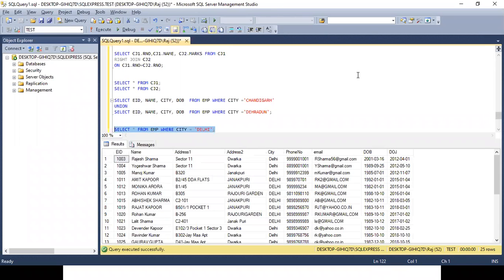Now see how much time it has taken. Fraction of seconds, right? It has actually taken a fraction of seconds to give this output, because the data is very small. We have around 50-60 records in our table. So the impact of indexes will be visible when we have a huge amount of data. When we have, say, a few thousand records, it does not make any difference for SQL. That is not much data.